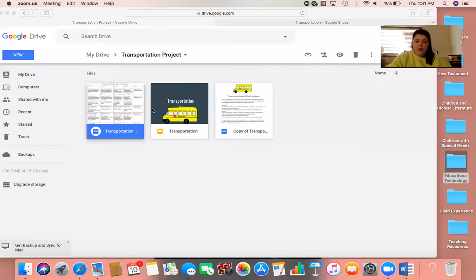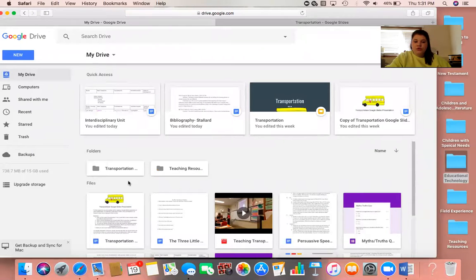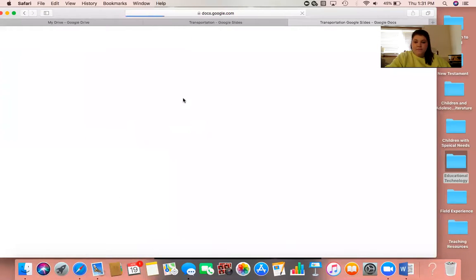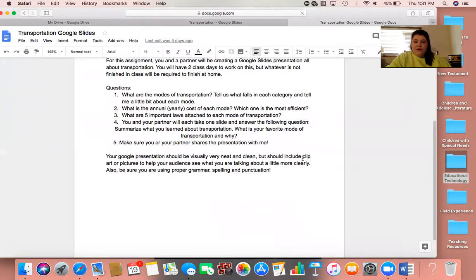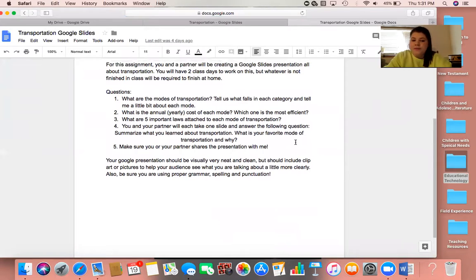To implement and to summarize their learning online, what I did, I don't think I showed it. So what I did was on my original layout for the 3rd grade, 1, 2, 3 were the same. So 1 was the modes of transportation, 2 was the annual cost, 3 was actually 5 laws attached to transportation,